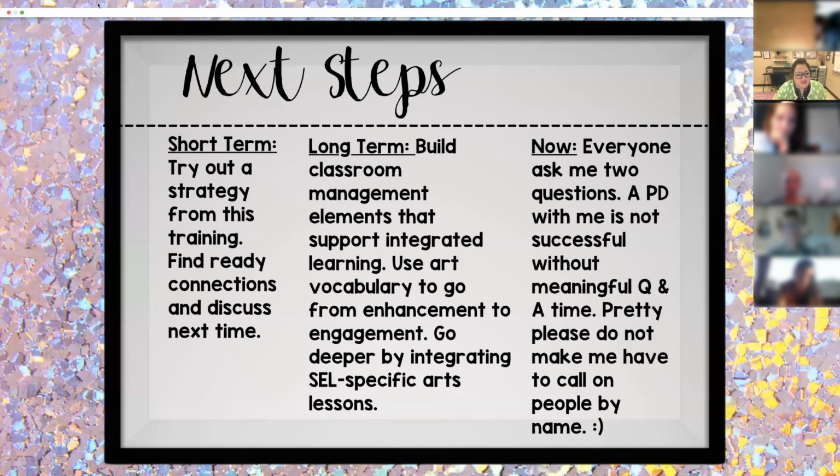There are some things you can tweak that can make it easier to do arts in the room with kids. And then I would think, getting to the point where you can start using arts vocabulary to get from enhancement to actual integration. It just helps you go deeper. And then you can start writing SEL specific to your students, like what your students need to work on when it comes to social and emotional learning. Eventually you'll get to where you think, oh, I know exactly what to do to help them with this. I've already found that ready connection two years ago, and I can tell this group needs it, and it'll be like second nature.